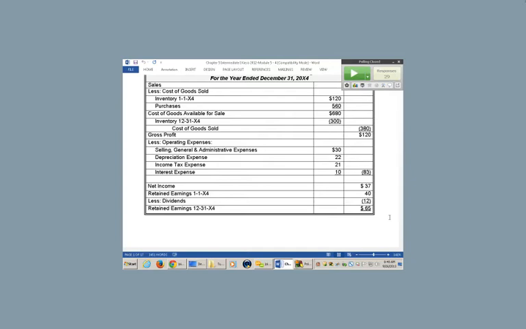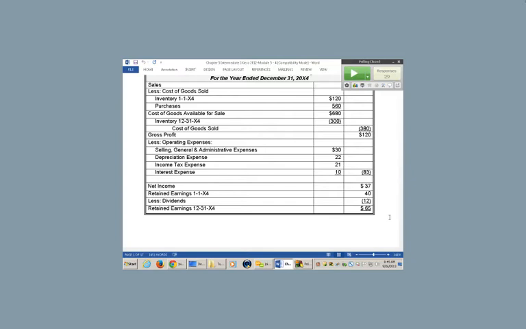How would you know if the dividends are paid? If I don't tell you, what evidence would lead you to believe they are paid or not paid? Payable, right. So you go to the balance sheet. If you don't see a dividends payable there, you know the dividends are paid. So those dividends may or may not be paid. If they are just declared but unpaid, what kind of a transaction are they? Significant non-cash financing activity. So they would only be disclosed if they are unpaid at the end of the accounting period.